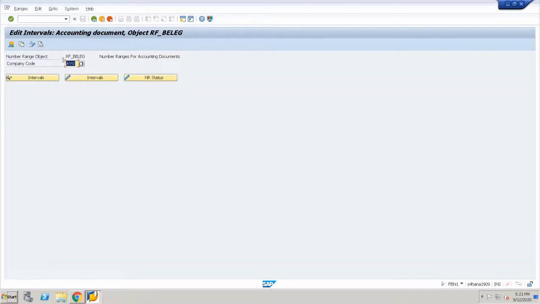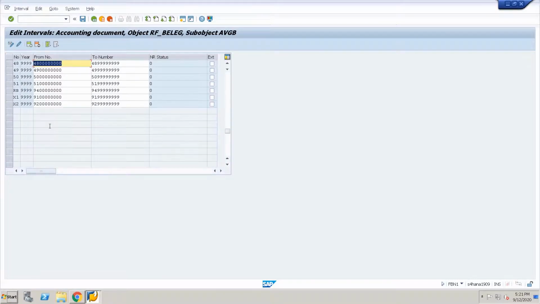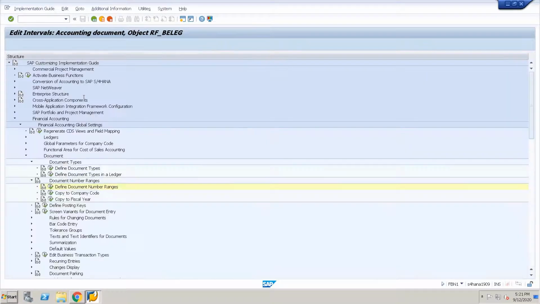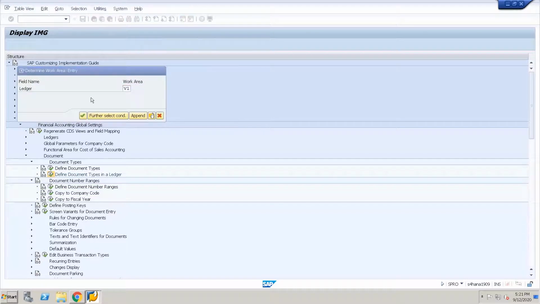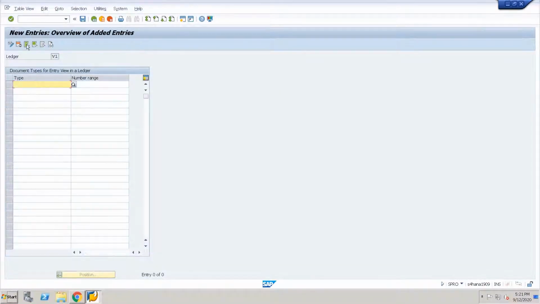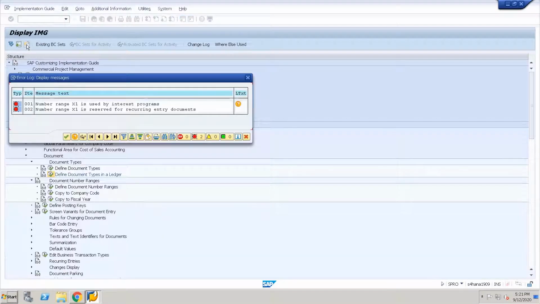In my company code, probably I'm having X1 which is not being used, so I will assign X1. So let me go to define document types in a ledger. For the ledger V1, for document type SA, I will assign the number range X1 and save it.